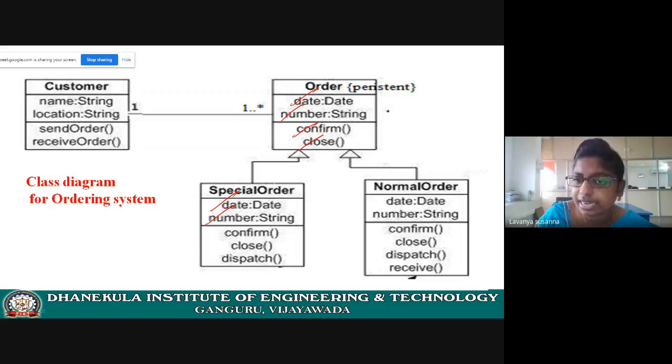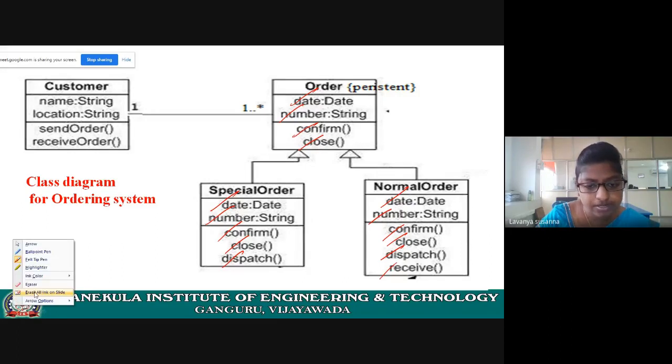Special order is inheriting all the properties of order, so it will contain all the properties of order like confirm, close, dispatch. Coming to normal order, again it will have all the attributes of order. What are the attributes of order? Date. When did you order? That date. Next, order number. Next, confirm, close, dispatch, receive, all these things.